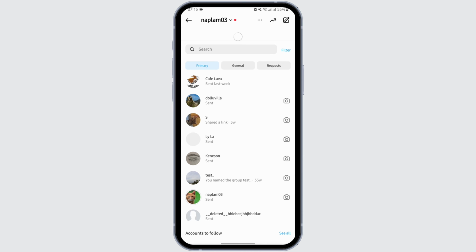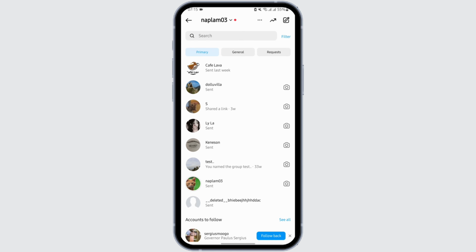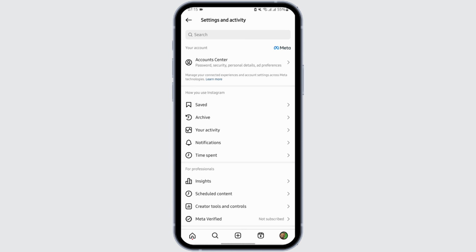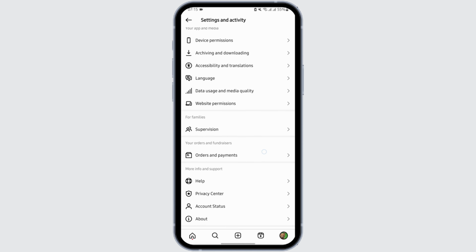Go onto your chat. If you are still not able to see your broadcast channel option, make sure that you have enough followers in order to start a broadcast channel. And if you have enough followers and you are still facing that issue, then tap on the 3-bar icon here, scroll below,